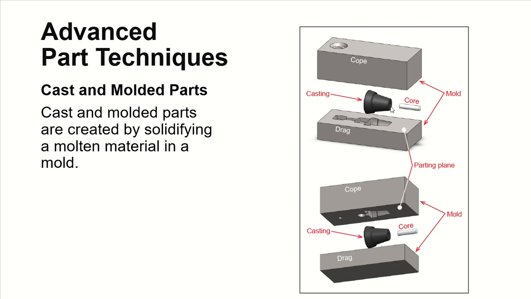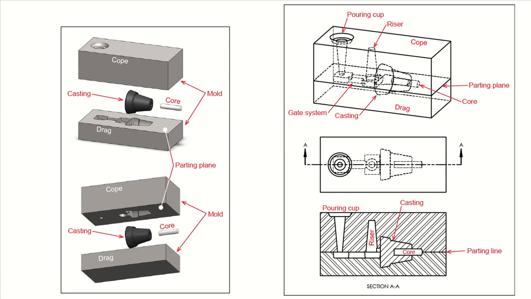This is your core, because see how we have a little hole right there for the hollow ones. Okay, so anyway, that's how we cast and mold the parts. They can be created, and what we do is solidify a molten material and use a mold to do that. Okay,